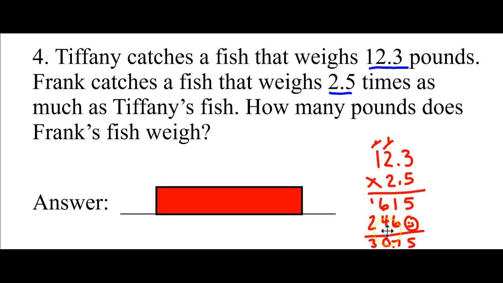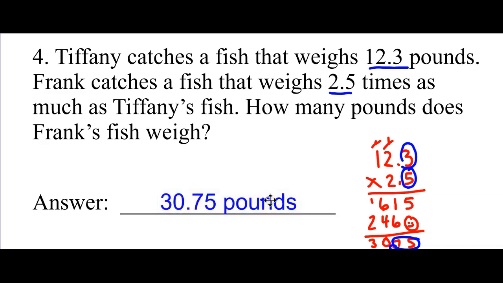When you add all of that up, you end up with 3075. The decimal point is placed right here because there's 2 total digits after the decimal point in the problem. So you need 2 total digits after the decimal point in your answer. So the final answer for this question is